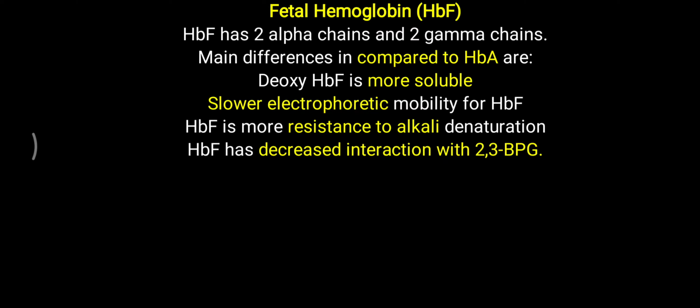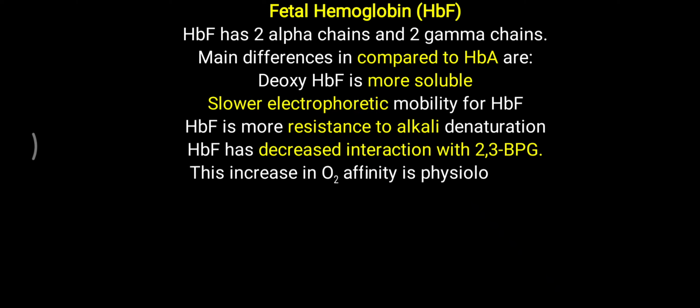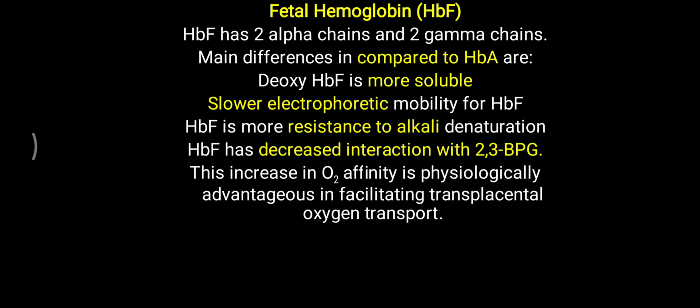It is possible with the help of fetal hemoglobin because fetal hemoglobin has decreased interaction with 2,3-bisphosphoglycerate. This 2,3-BPG has an important role in oxygen delivery by hemoglobin. This increased availability of oxygen is a physiological advantage in facilitating transplacental oxygen transport. So fetal hemoglobin is needed for providing oxygen to the fetus, and that is the significance of fetal hemoglobin. It is possible because of no interaction or decreased interaction of fetal hemoglobin with